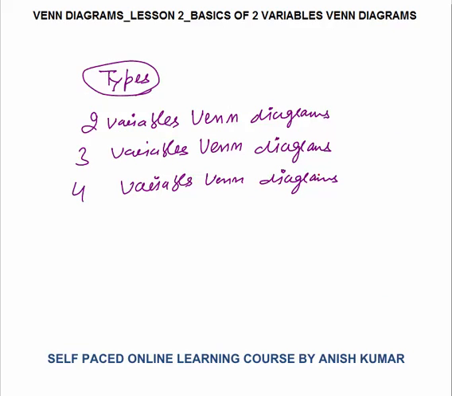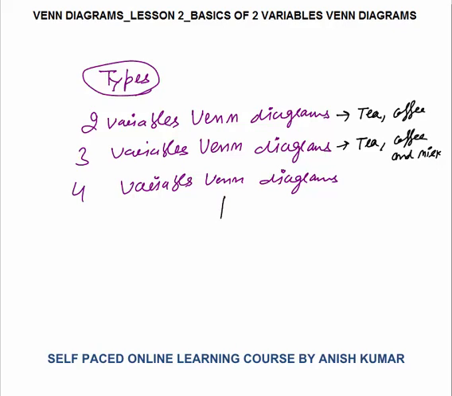Next is how many types of Venn diagrams we have. We can have a two variables Venn diagram. It means that a survey might be conducted for people's choice of tea and coffee. Only two variables are there. It could be a three variable Venn diagram where there are three variables: tea, coffee and milk. When the people are surveyed for three variables, do you like coffee, do you like tea, do you like milk, how many like both, how many like all the three,